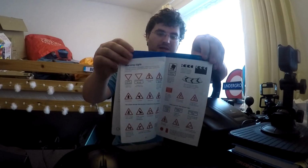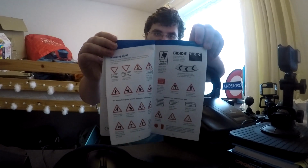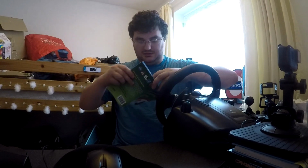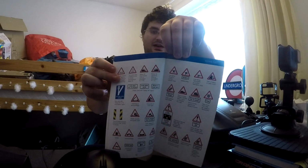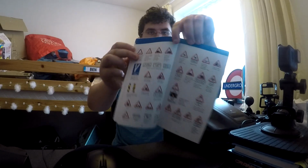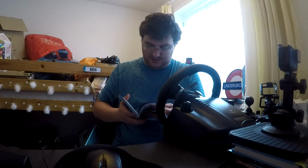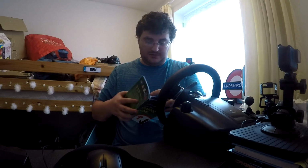Go another few pages in, different types of signs that we've got there. How many of these signs do you recognise or not recognise? And then if I flick through another page, we've got some less common signs, tanks and maybe ice on the road. Straight away, these are easy marks you are gaining for your theory test, or if you've got a practical test coming up soon, that will help you